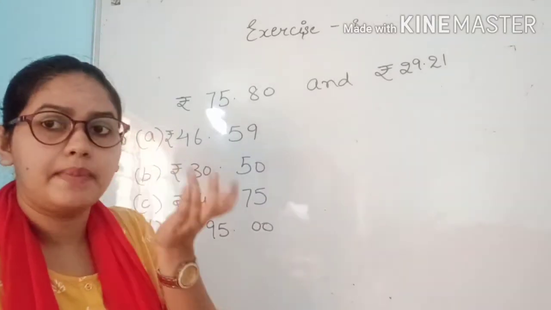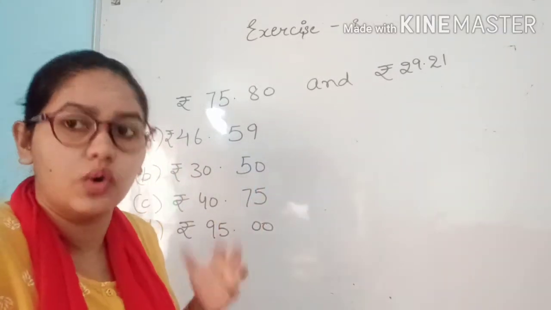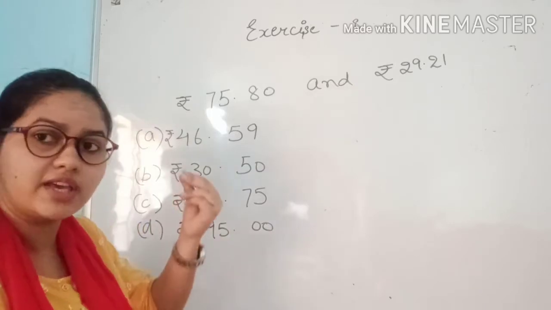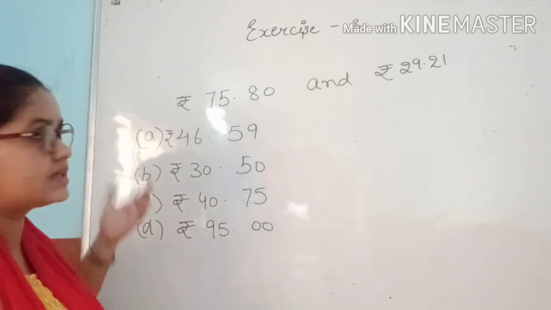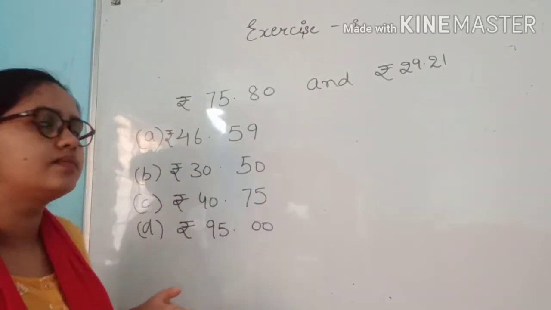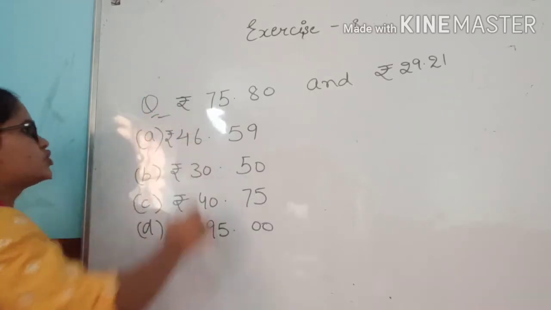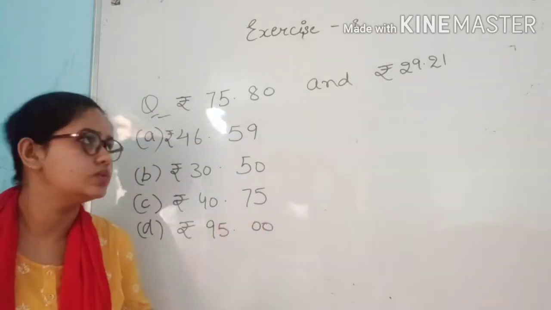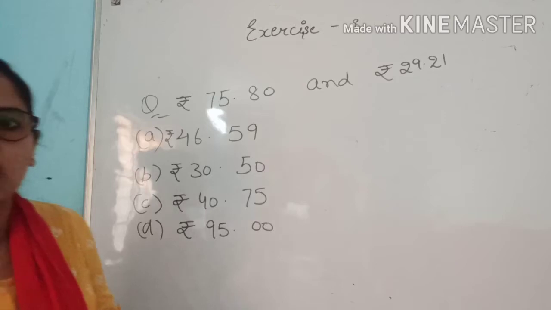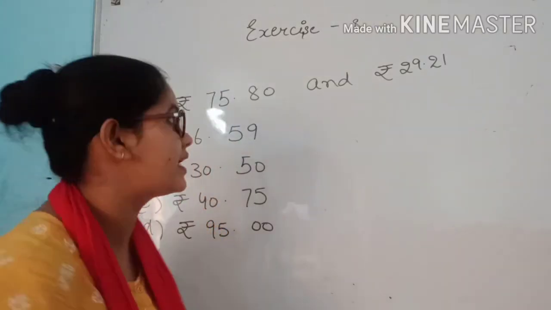So for example, how do we choose this? Now there is a question of how we can choose the answer from these options. This question is given to us and we have to choose the correct answer. How will we do it? Because this is a subtraction, how will we quickly do the subtraction?